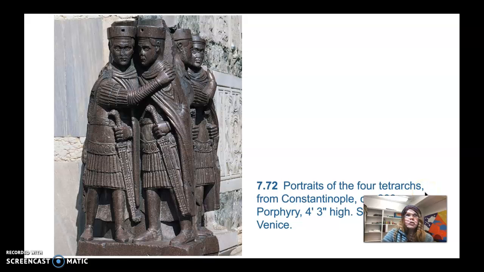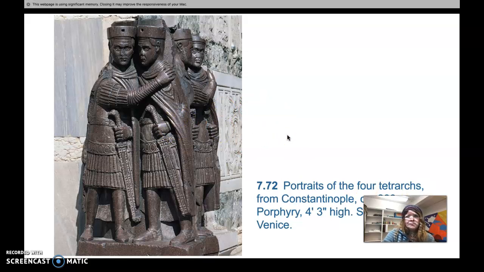So we'll take a look at the portrait of the 4 Tetrarchs from Constantinople, 300 CE. This statue is actually made of purple marble. It almost looks like bronze, but it's actually purple marble. There are 2 pairs of figures that huddle together, grasping each other, and they also are holding their swords, as you can see. They're not individuals. There's really no emotion in their faces. It's hard to tell them apart. A couple of them do have beards, which probably represent some of the older emperors that were ruling. I don't know if he has a beard or not,